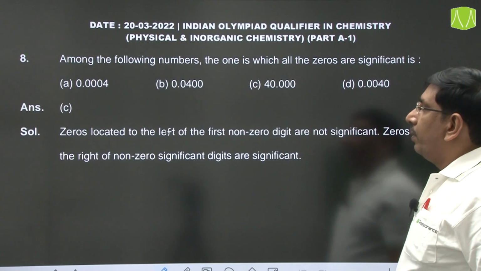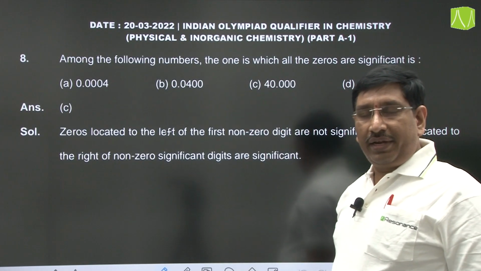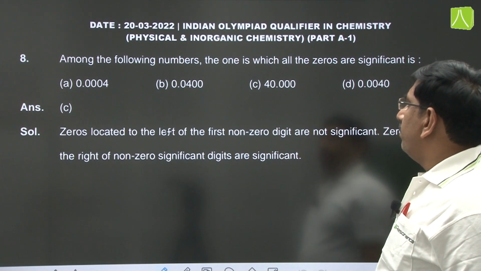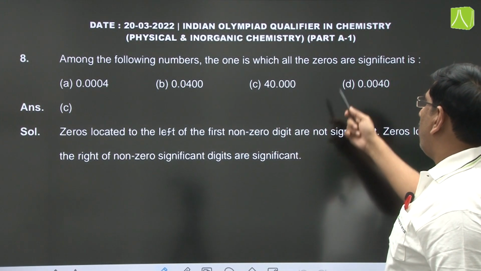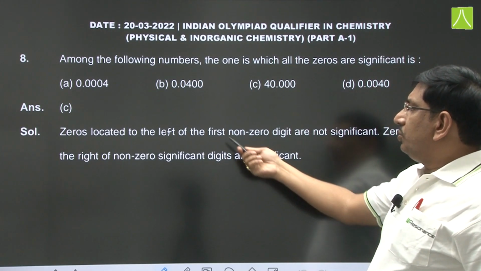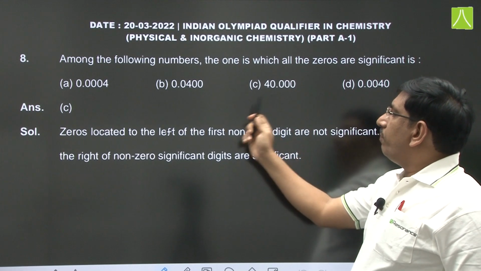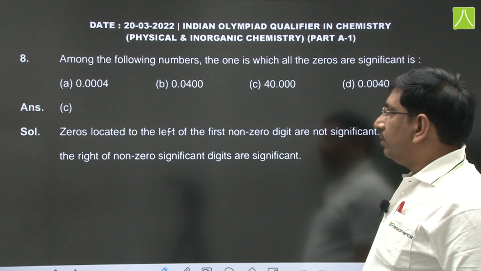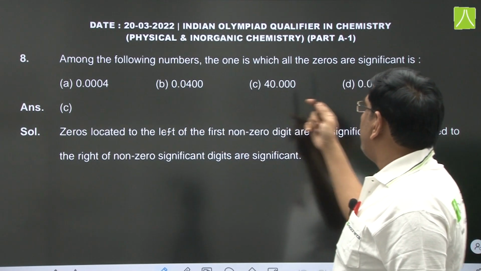Next, it is related to significant figures. Very easy question. Among the following numbers, the one in which all the zeros are significant is. It is a very simple question. Zeros located to the left of the first non-zero digit are not significant. So, you can observe in A, B and D,